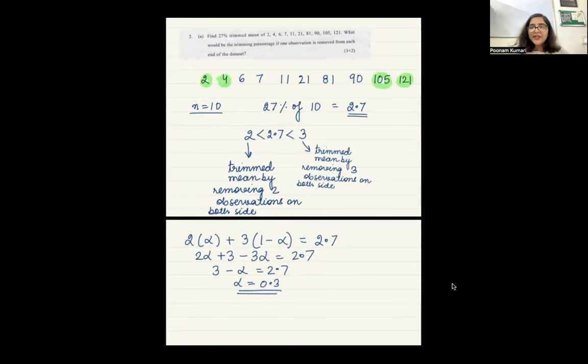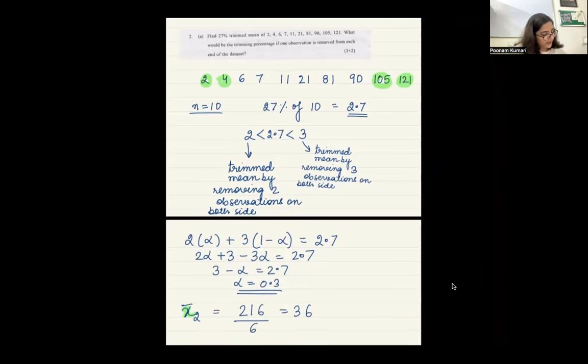Please take a calculator with you, because in your paper it will be needed all the time. So the total sum that I'm getting is 216. And how many observations do we have now after we've removed 4? It is 6, right? So what do we get? 36? Yes? Are you also getting the same?